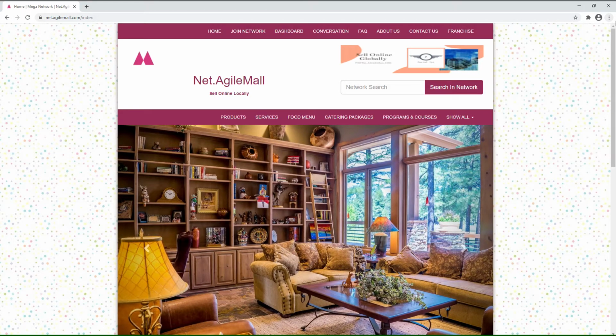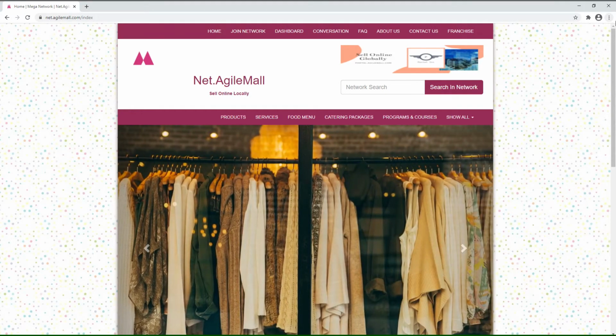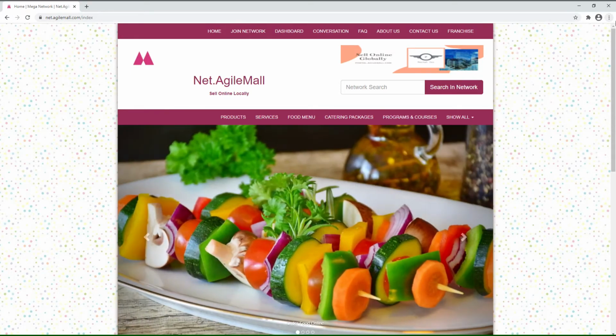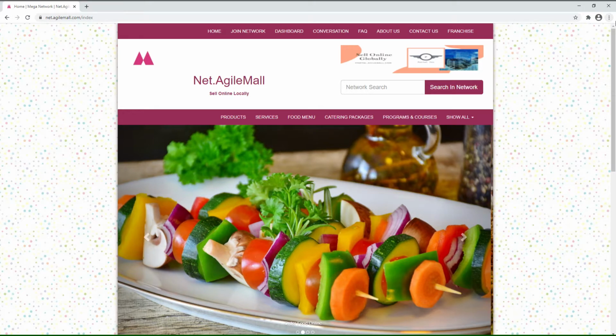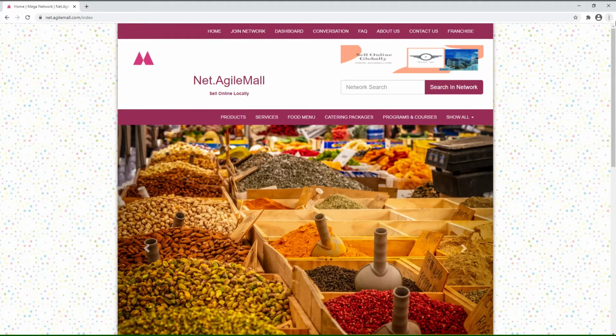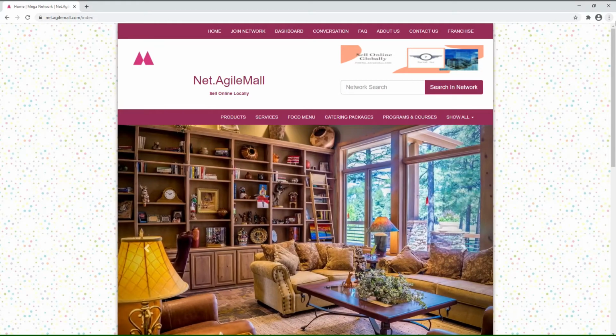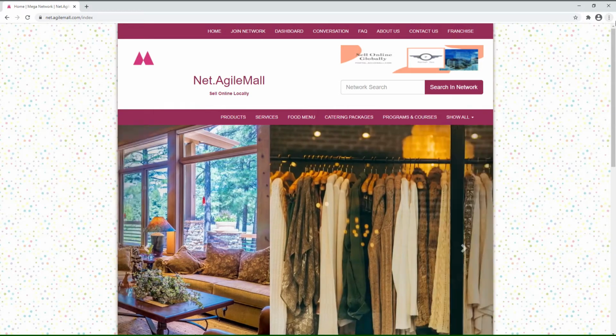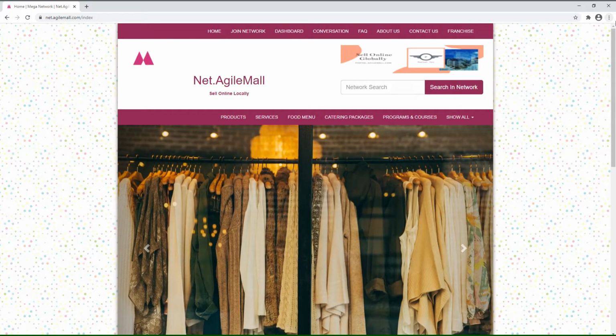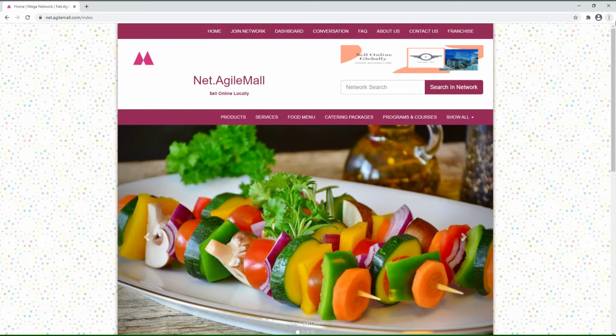Net.agilemall.com is a network of local businesses by city where small businesses and retailers can sell their products online locally, round the clock. For this platform, we offer no-fee franchise across the world. Franchisees can have teams of sales agents who can connect with local businesses and help them register on net.agilemall.com and upload their content. In this video, we will discuss what a sales agent can do.